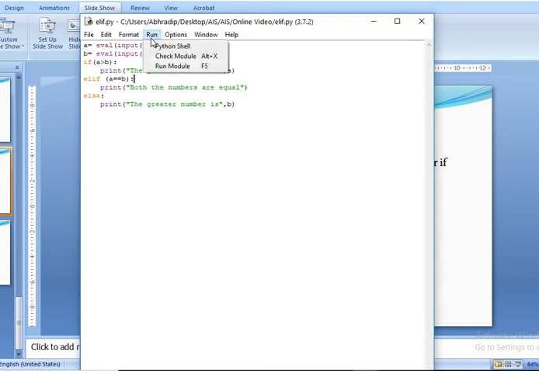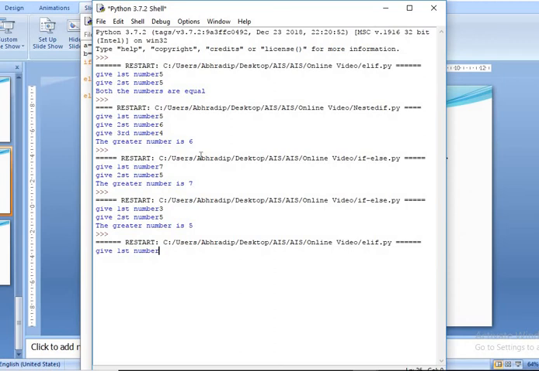Let me run the program. If I give both numbers the same, the first number 5 and the second number also 5, and I run it, then I get the answer: both the numbers are equal.